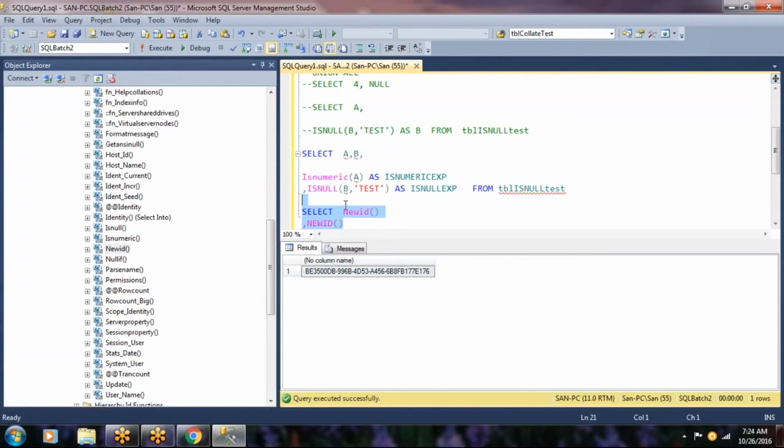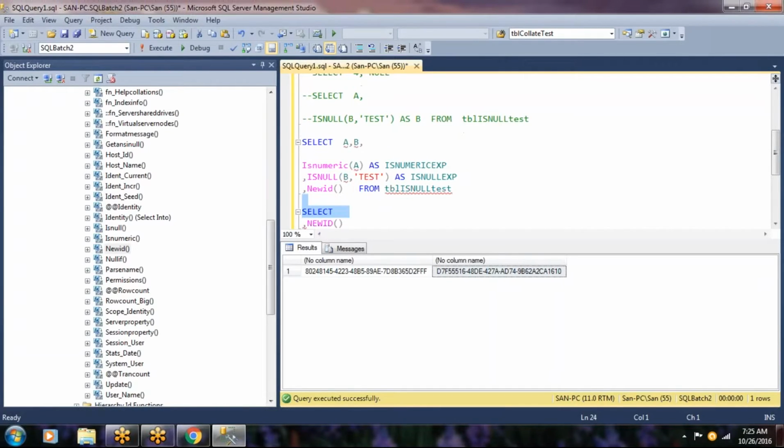If you see, new ID is like a random number generated by the system. If you see 78D and B1C, and let us execute now, 8024 and D7F, these are randomly generated variable-formatted numbers which would be unique across the tables inside the particular database. If you want to generate a unique number across all the tables, you could go with the new ID property. It's a row level function.